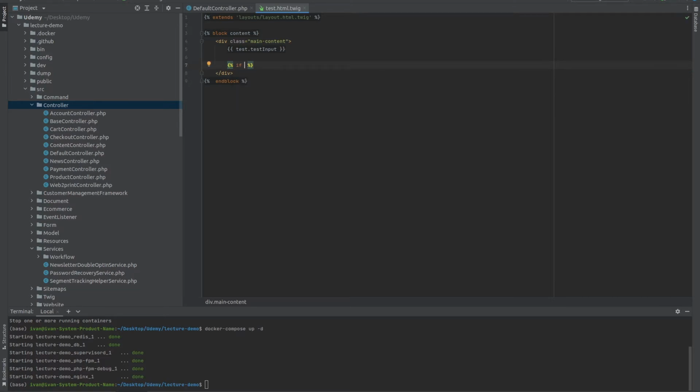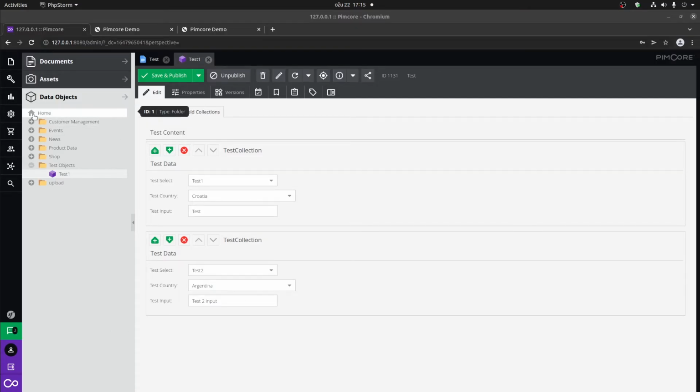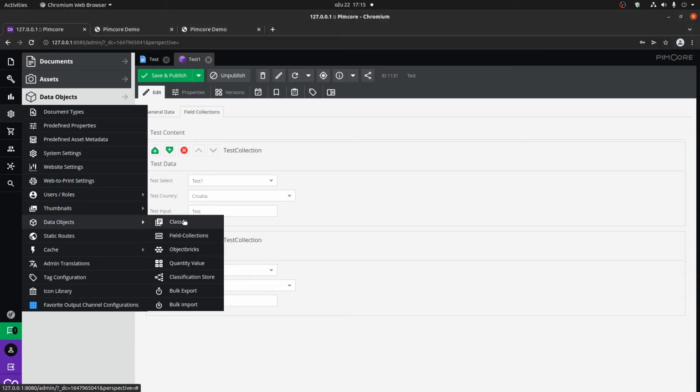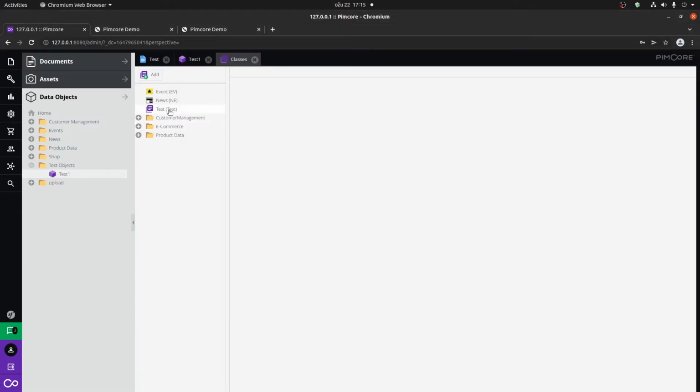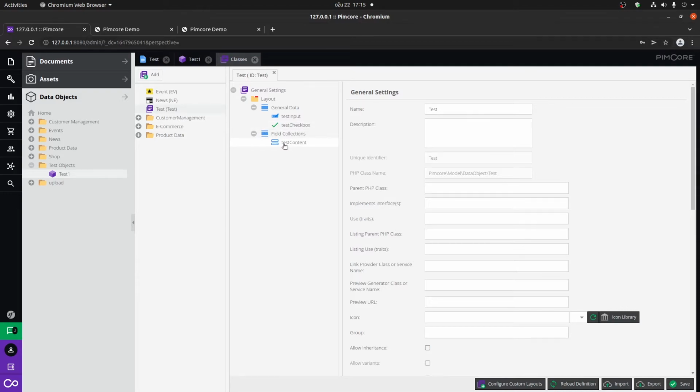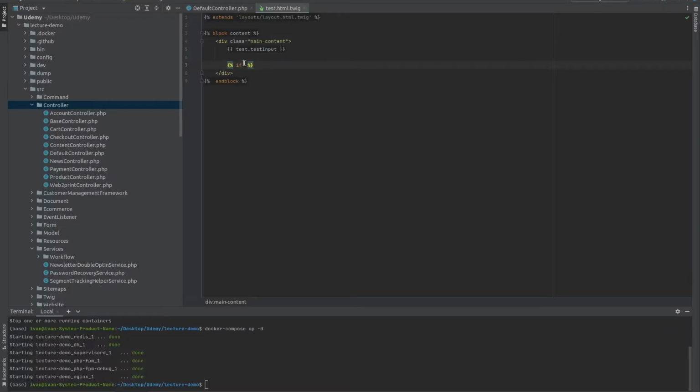We need to add an if because there's a chance that someone didn't add a collection. So this means if they didn't add the collection, it would be null. So what we would type, let me just double check what the name of the field was. If we go to classes, click on test, it's called test content. So if we go back to the code, type in if test content